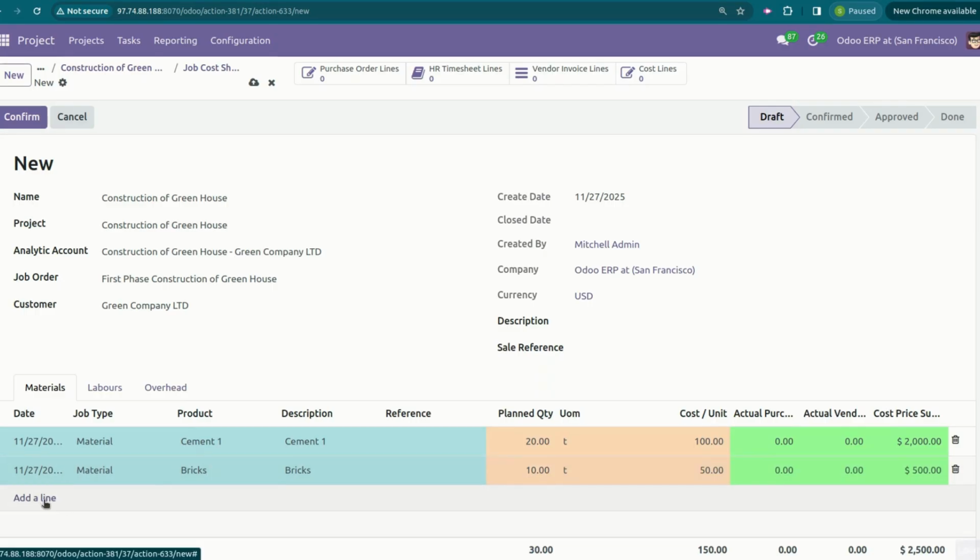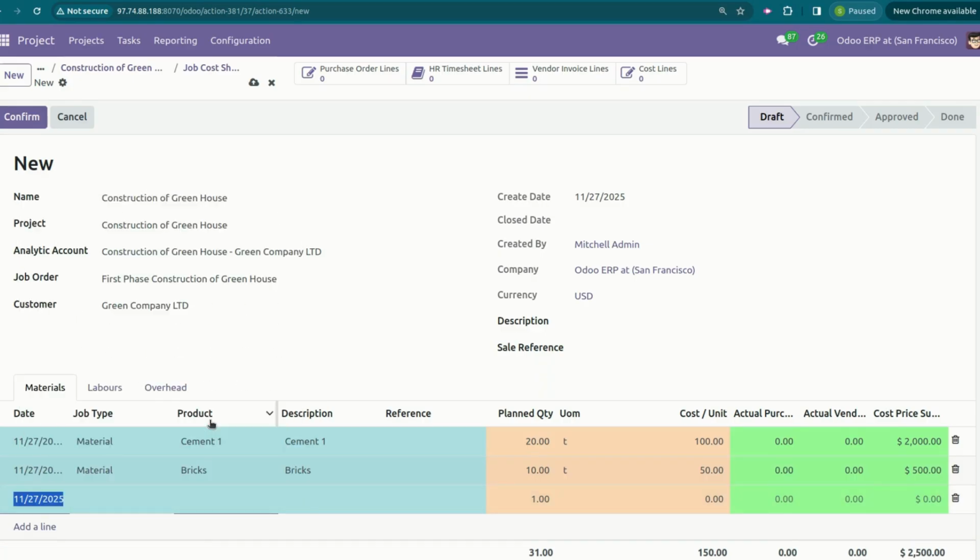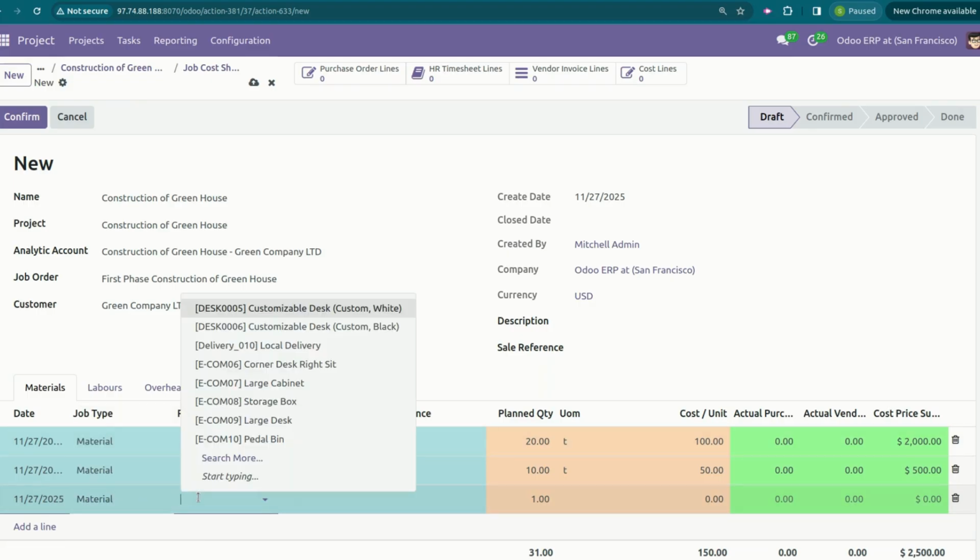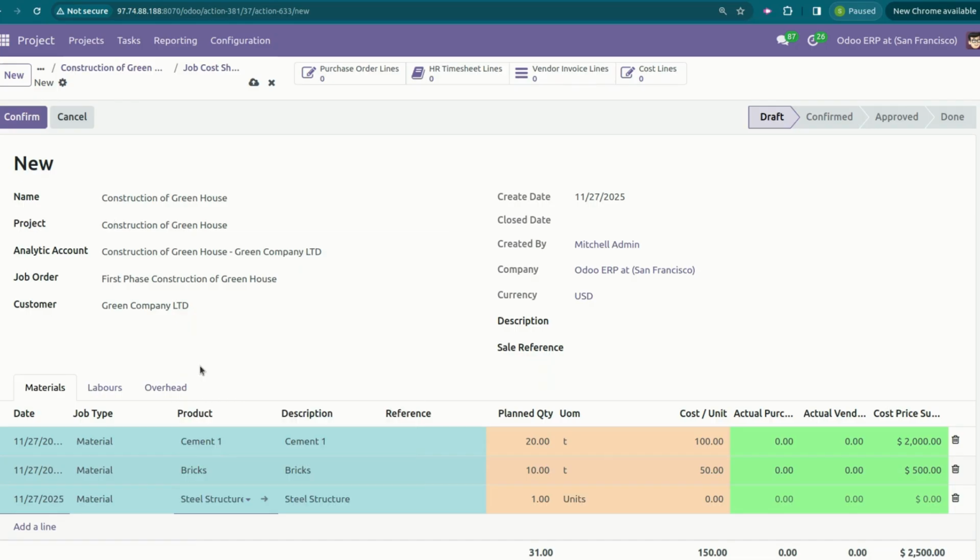Entering these one by one will be time-consuming, so it is better to use our extension module to import the job cost sheet. A template is also available for the job cost. You can select an already created template on the job cost sheet, so there is no need to enter all the details one by one. Now we have the plant quantity, and we will enter it. The cost comes from the product if it is available on the product form, else you can enter it here also.